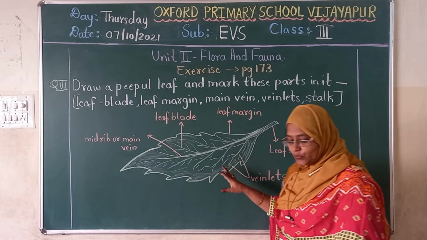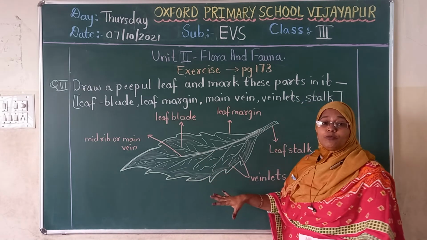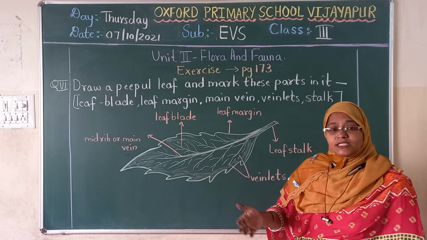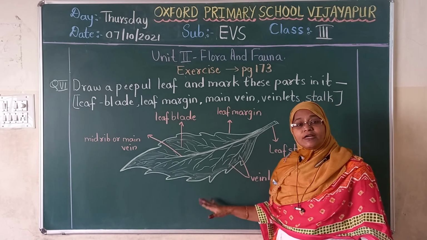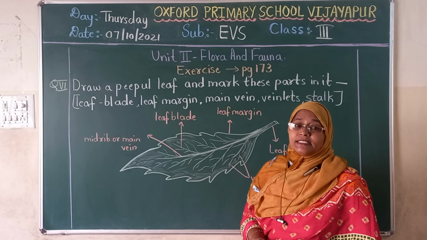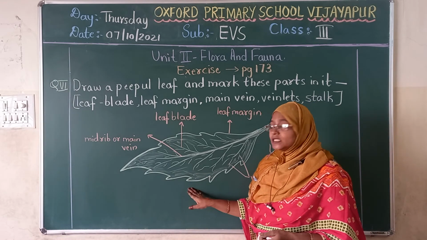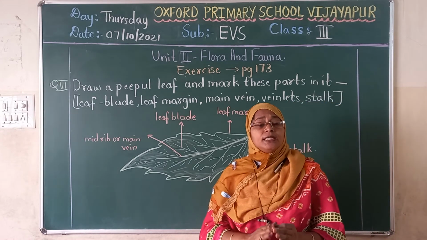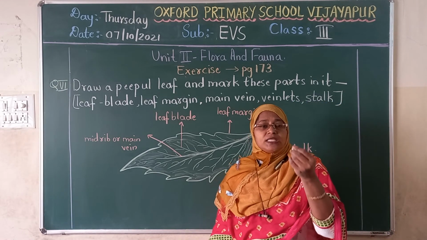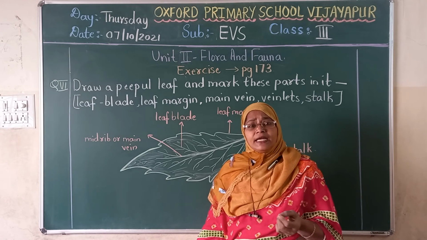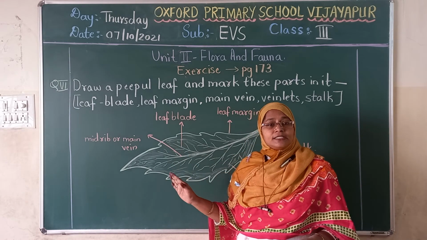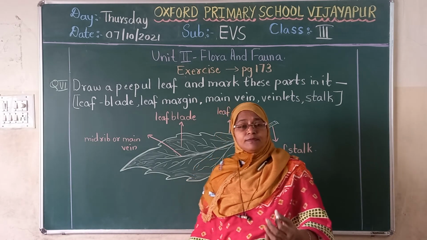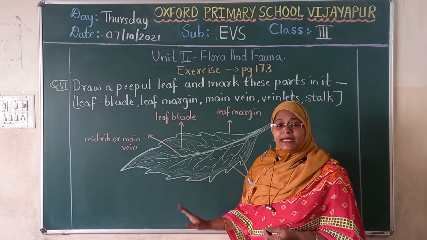So children, what you have to do? You have to draw a leaf in your notebook like this very neatly. You can open your textbook. See on that page the leaf part. Already they have given. That time I told you while doing exercise we will draw a leaf. So this is the diagram of a leaf. And children, many times I am telling you, when you are doing the diagram, use the light pencil. Draw it very neatly. Label the parts and do color. You are not paying attention towards your diagrams. So draw it very neatly and do your work.